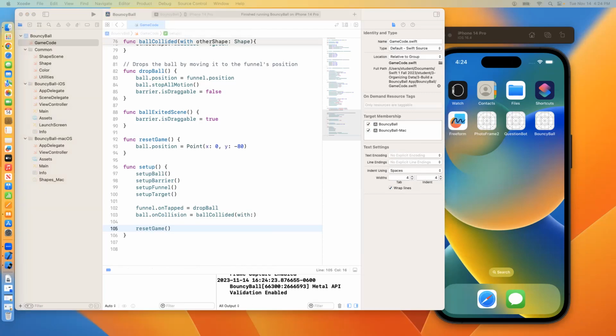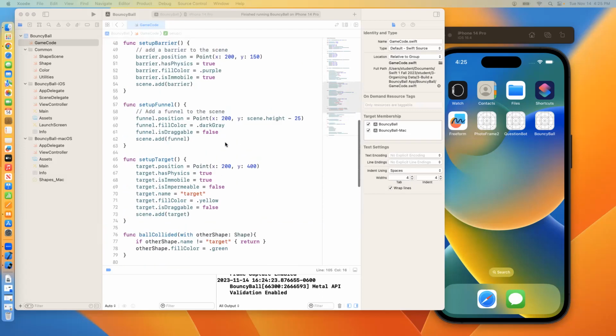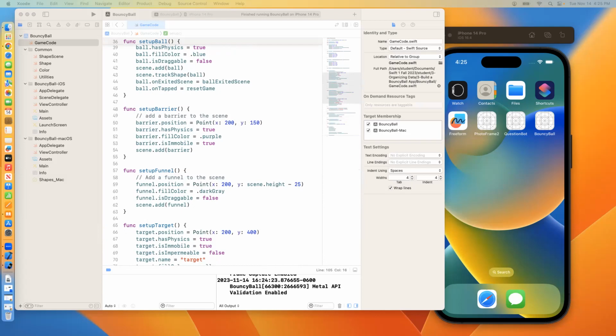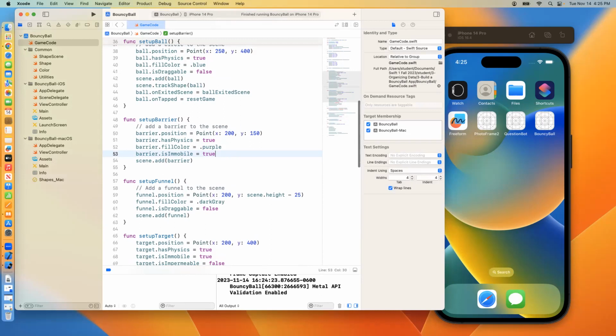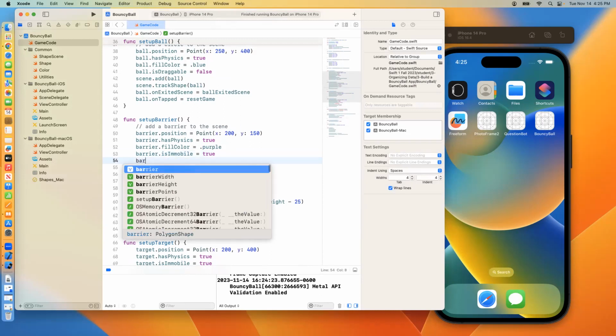So now we're on part 7. It's challenging the user. What we're going to do first is, because if we have a flat barrier, it's going to bounce straight up and down, and it's not very exciting. We want to put some angles on this. So we're going to put in a tilt to the barrier. And we're going to now modify the setup barrier function, and we're going to put in another property here. And we're going to say barrier dot angle